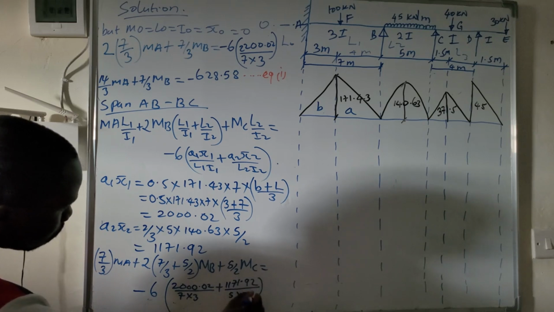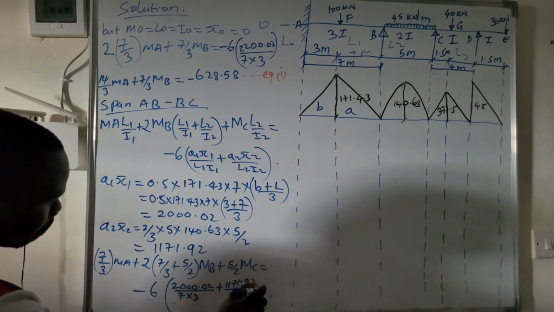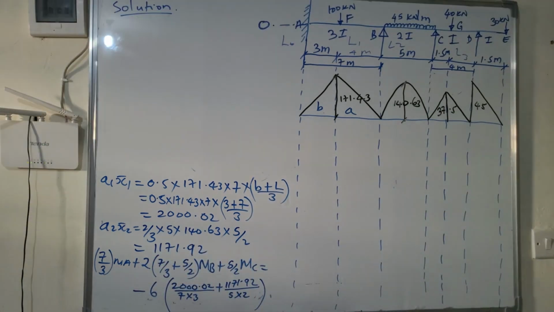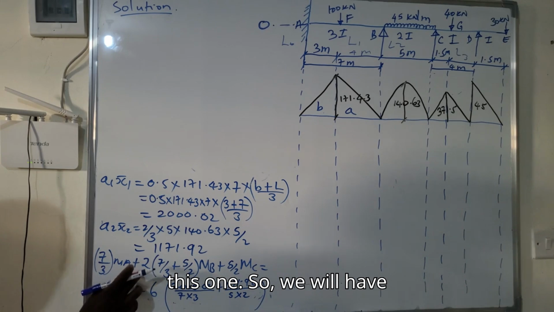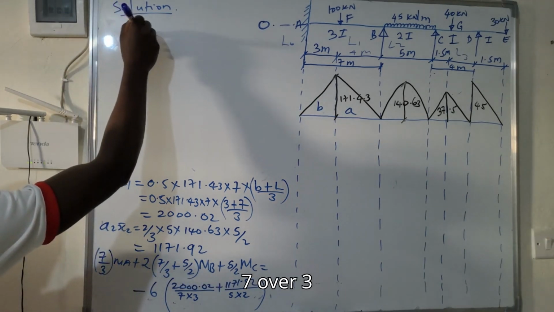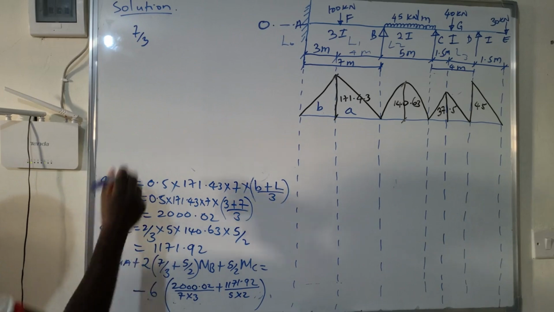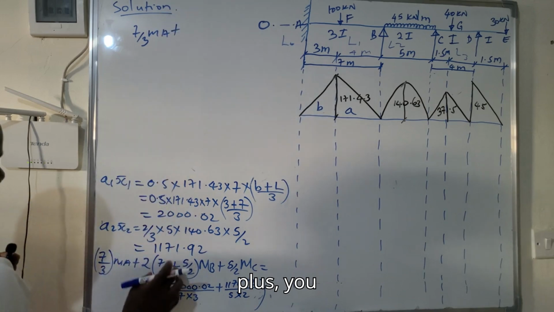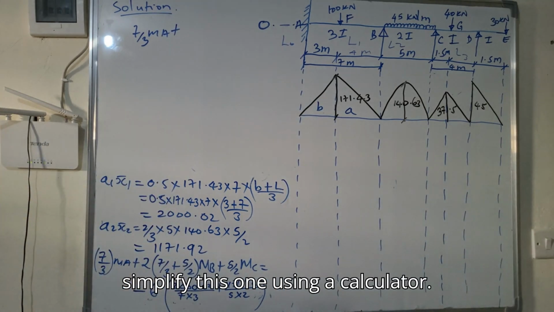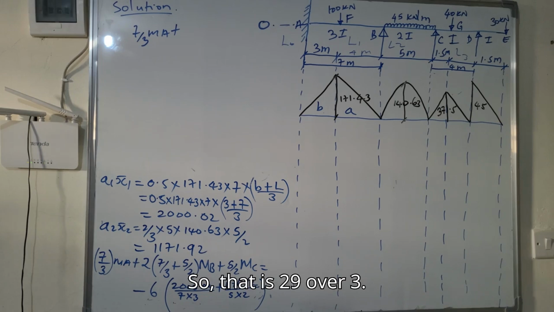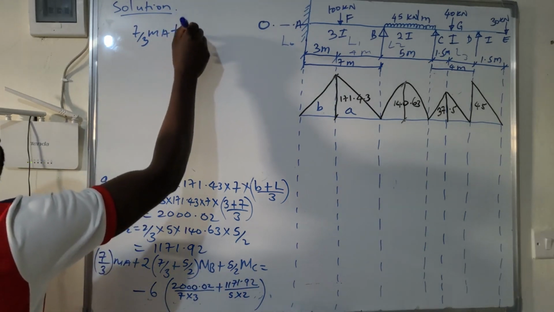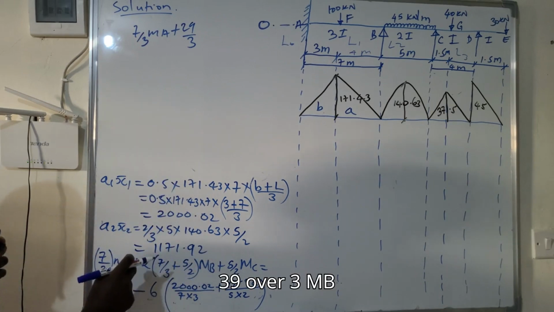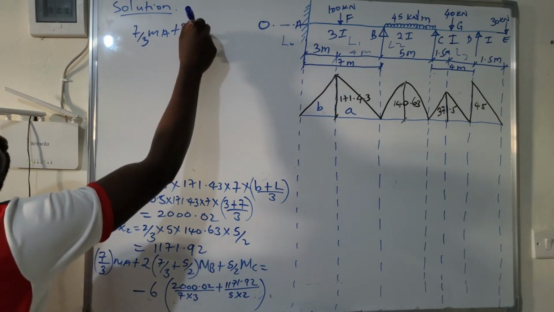5 times 2. Yes, like that. You can simplify this one. So we will have 7 over 3 MA plus, you simplify this one using a calculator. So that is 29 over 3, 29 over 3 MB